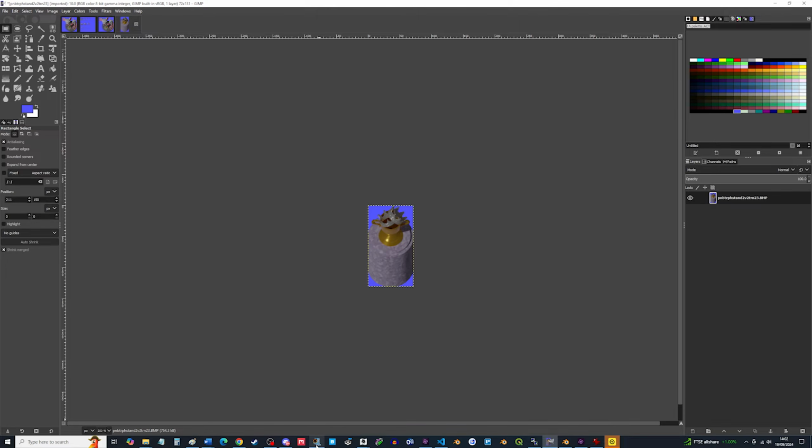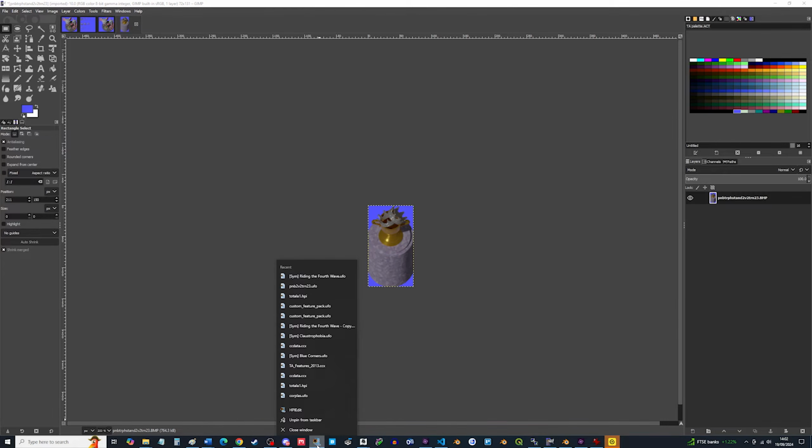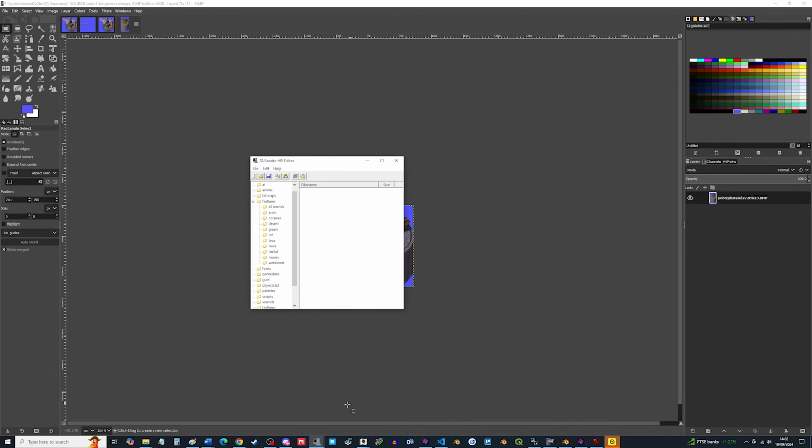I actually think that you can just go, if you have HPI Edit, which we'll be going through in a moment, if you open up HPI Edit and load Total 1, if you go and find that, that'll be in either, depending where your install is, your TAF domain, I guess, or maybe you've got it installed under GOG. Basically, just find your install for your Total Annihilation and go find the total1.hpi and open it up with HPI